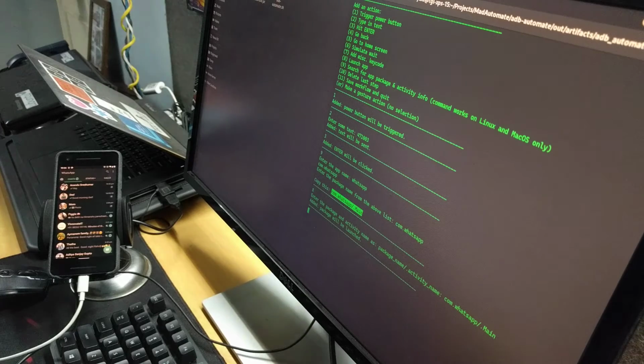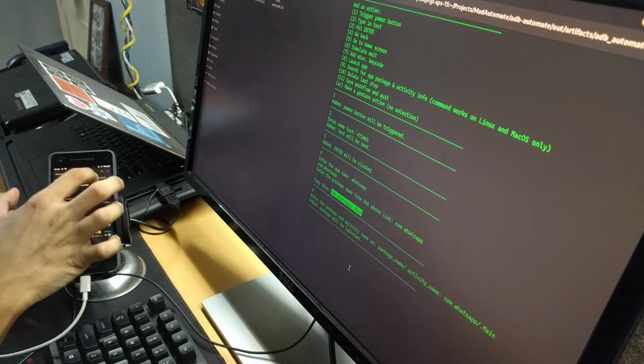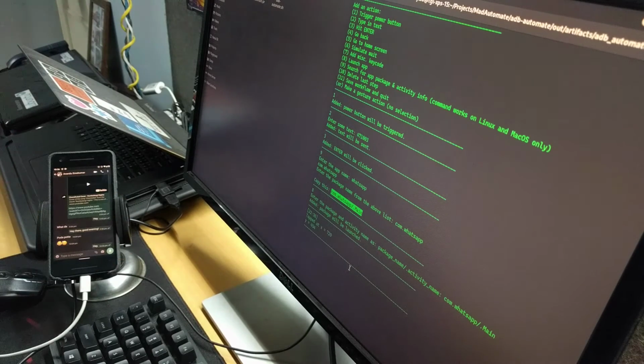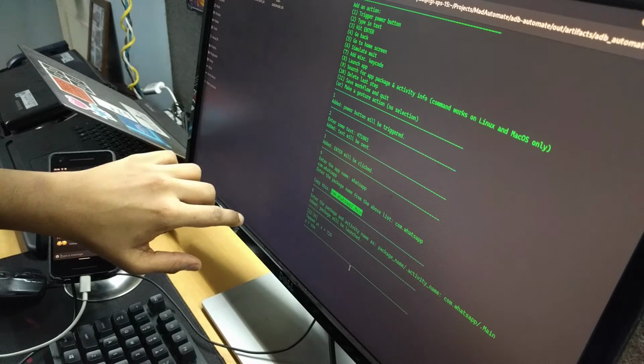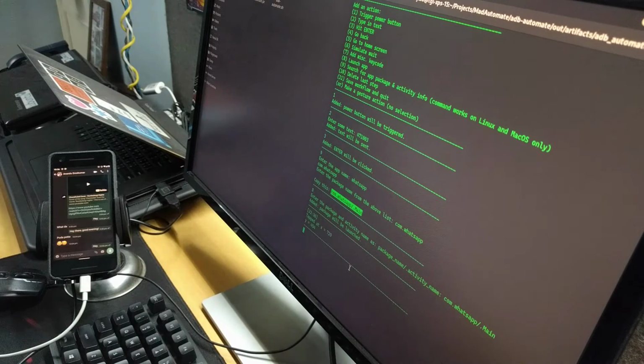So once this app is open, I've got to send a message to the first chat out here. So I'm going to go ahead and click on the chat now. So if you notice, the moment I clicked open the chat, it has recorded my tap input over here. So it shows the timestamp and it shows that I've tapped at a certain coordinate. With that said, I've got to type out some text and send the message to this guy.